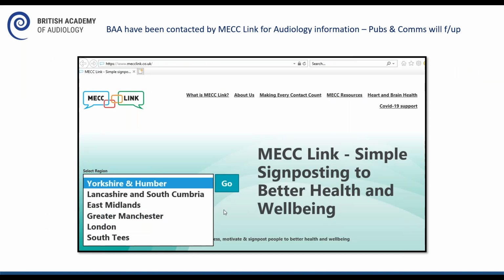We've been approached by this organisation, MechLink, who are basically a public-facing body that want to share information about health and wellbeing to the public on various different healthcare sectors. They've alerted us to the fact that they exist, but they hold no audiology information at the moment. So we've passed that across to our Pubs and Comms committee, who will pick up that piece of work, and we would hope that we're able to then start to signpost audiology for the public,